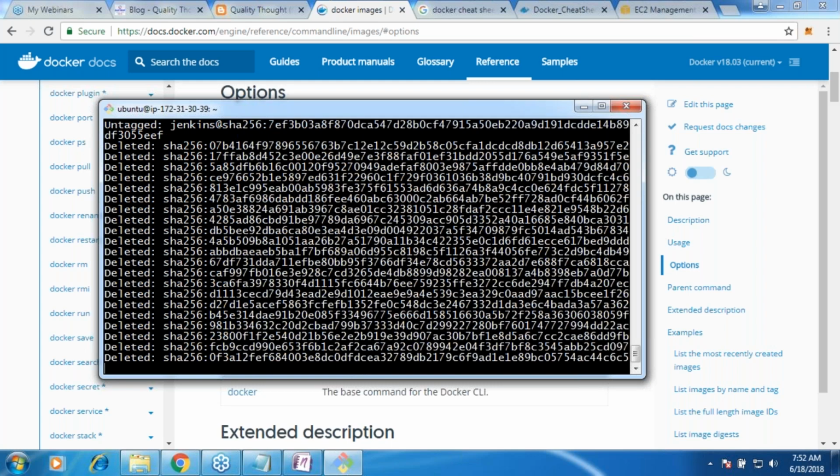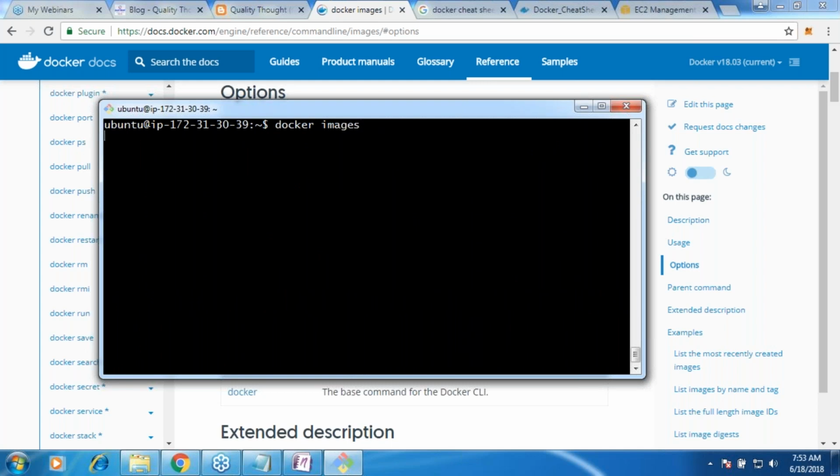Okay, now let me do docker images. My system is clean. It has no image, it has no container, right? So this command line I'm combining with the base stuff of Linux. Similarly, if you want to run it on PowerShell, you will have the same command line, nothing changes. In Windows, for example, if you install it on Windows 10 or Windows 2016 server, your commands are exactly the same. Same on Mac also. Not even a single line of change in the command based on the operating system where you have installed it, right?